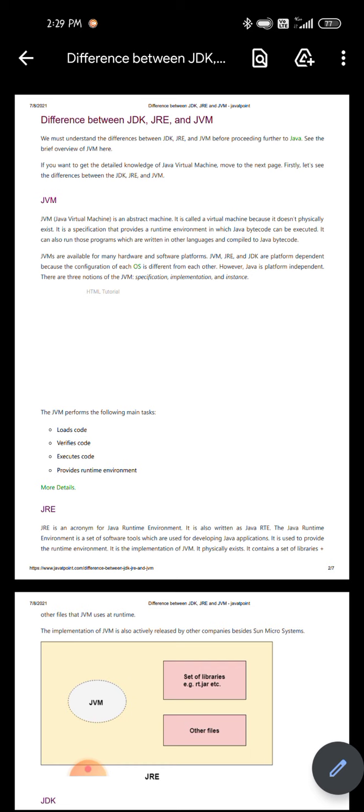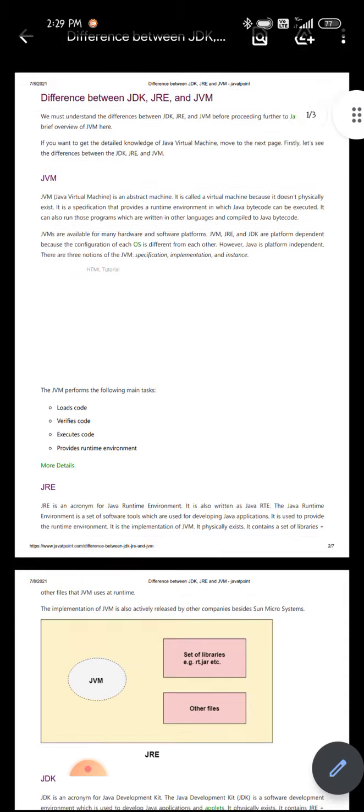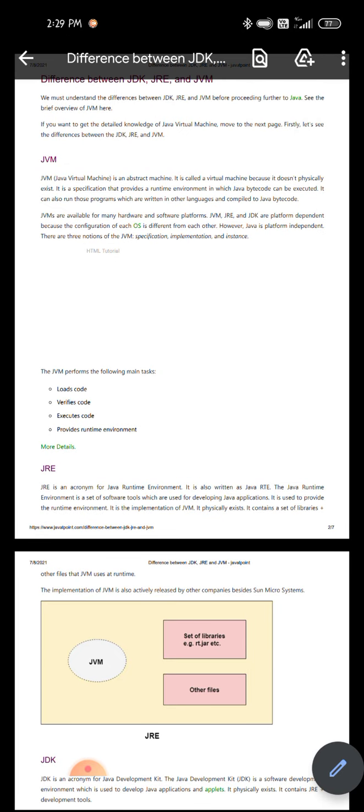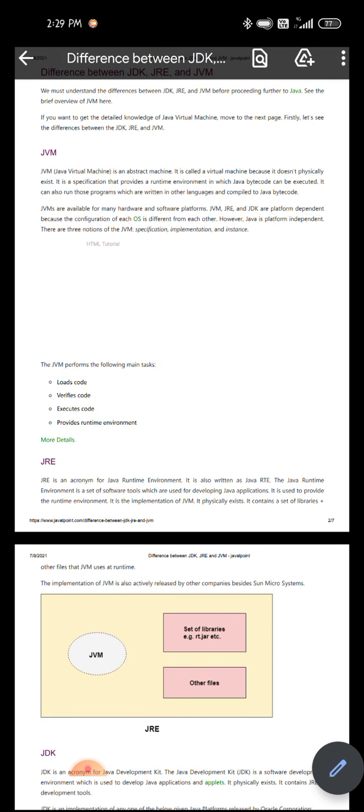It is virtual, present in your software and hardware, and it simply helps to execute Java code in your device. It has no physical presence in your device. The Java Virtual Machine simply provides the environment for code execution.